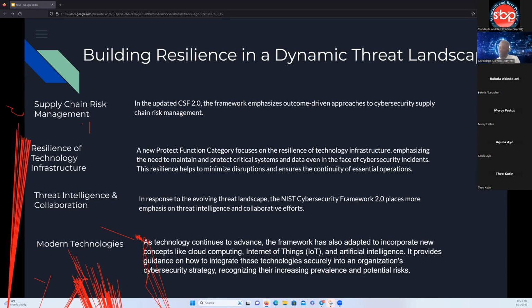There's no way you can be ahead of evolving threats if you don't apply threat intelligence. So this framework also emphasizes threat intelligence and collaboration. So you need to always try to stay ahead, have a way to respond to the evolving threat landscape. For each technology that you employ, you have to look at the potential threat actors, the potential users that will try to exploit you, and collaborate with others to continuously improve. The framework is adaptable to every kind of concept, be it cloud, IoT, artificial intelligence, and it has guidance on how to integrate this technology, because